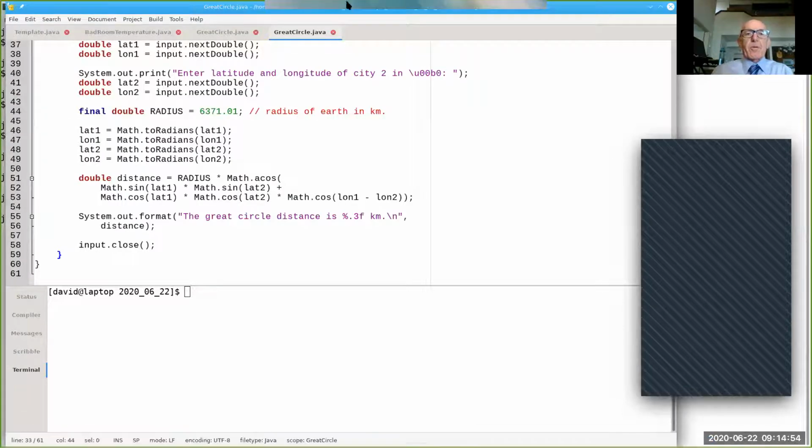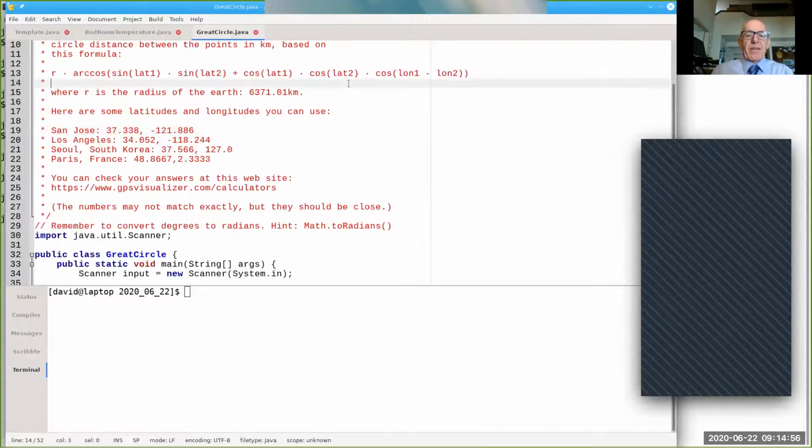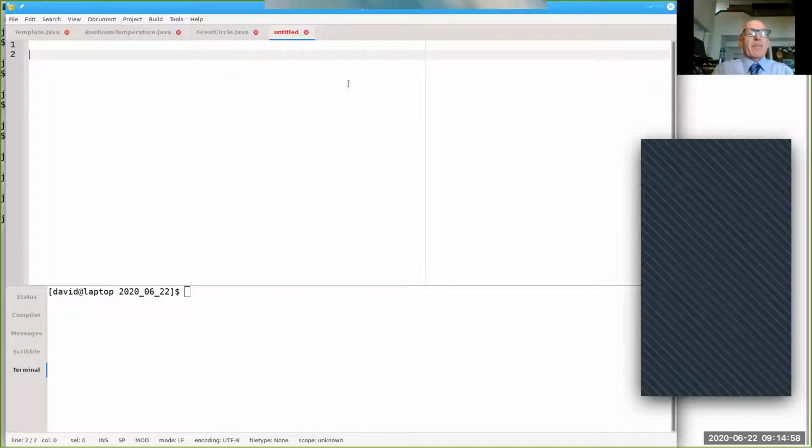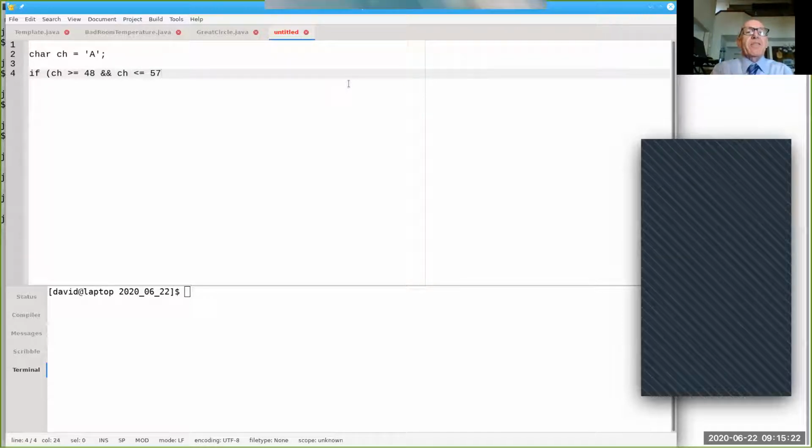And this brings up a question. Namely, let's say somewhere in here, let's say I have a character variable. And the way you have a character variable, you have char as the name instead of int or bool. Char ch becomes capital A. Instead of saying this, I could do this. I could say if ch is greater than or equal to 48 and ch is less than or equal to 57, then I can say,